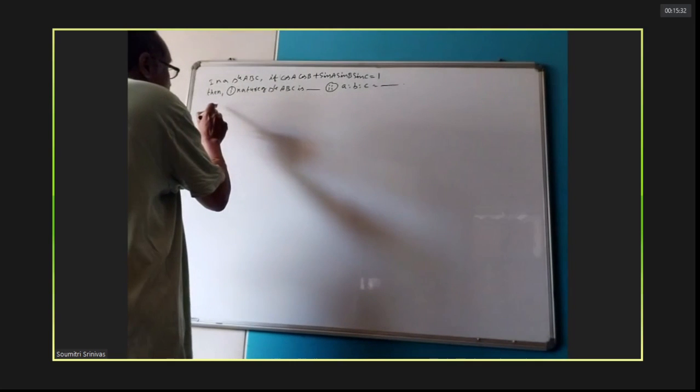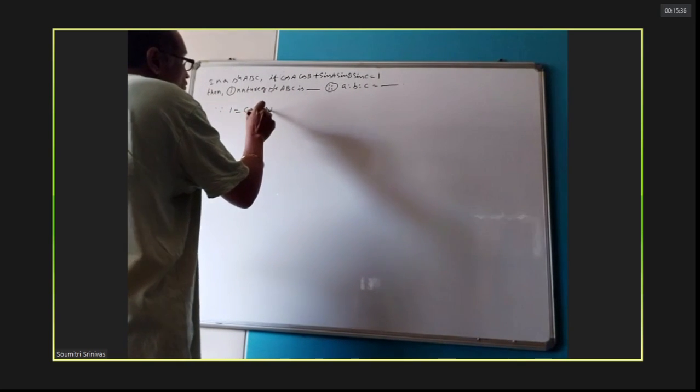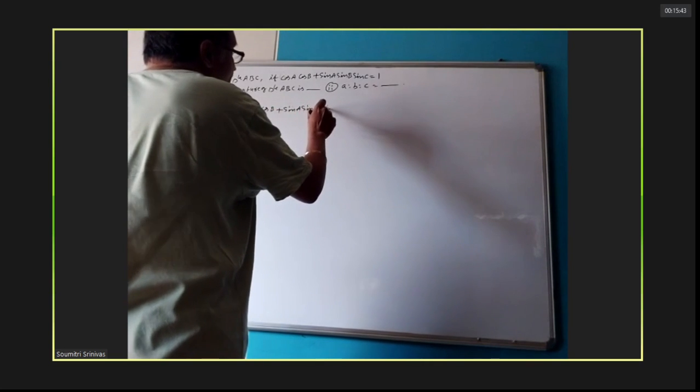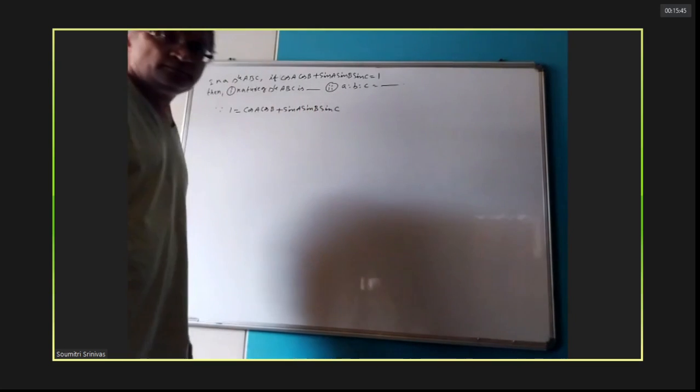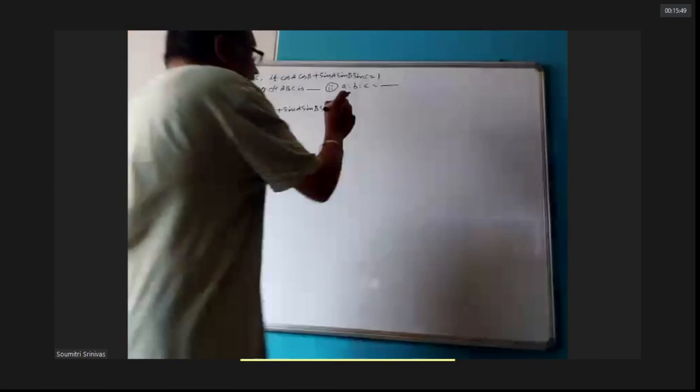Do not write. Listen here. Absolutely. Good problem. Pay attention. Look here. 1 is equal to cos A cos B plus sin A sin B sin C. I'm dropping